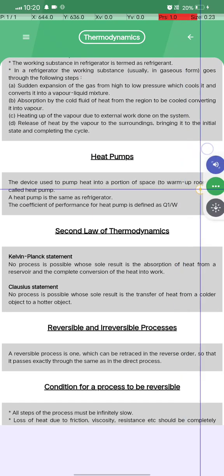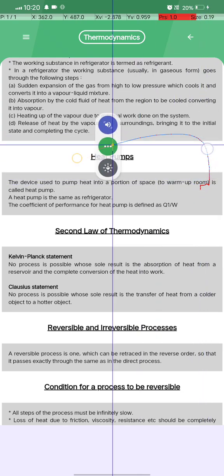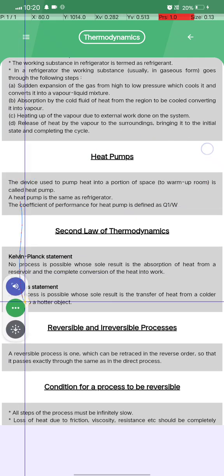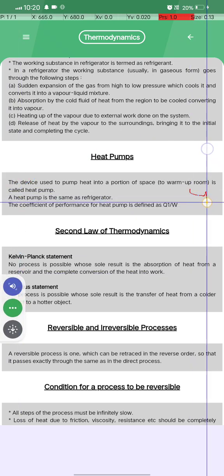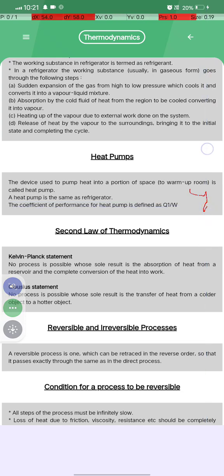हीट पंप क्या होता है? A heat pump is a device used to pump heat into a portion of space to warm up a room, and this is called a heat pump. The heat pump is the same as the refrigerator, but the coefficient of performance of the heat pump is defined as